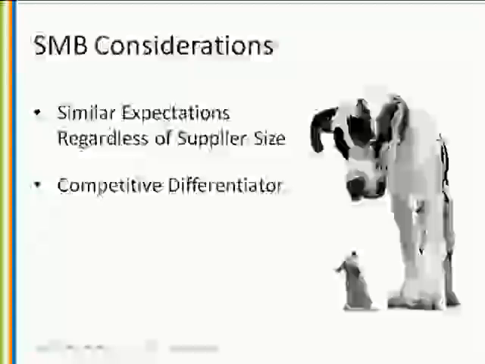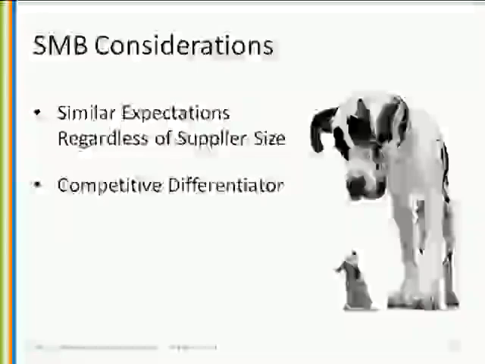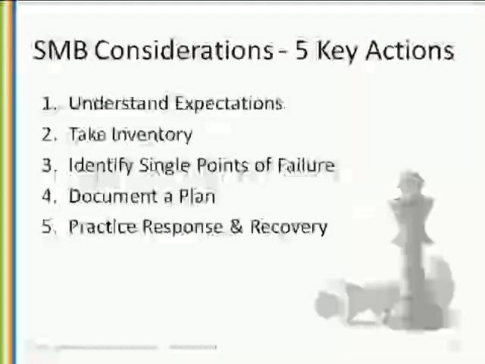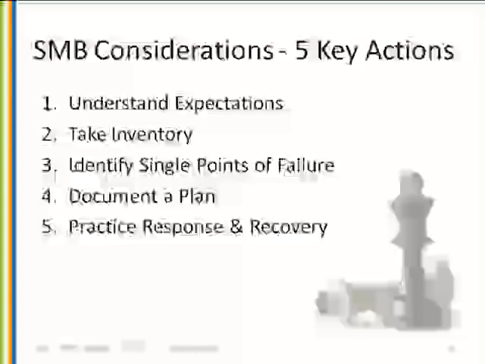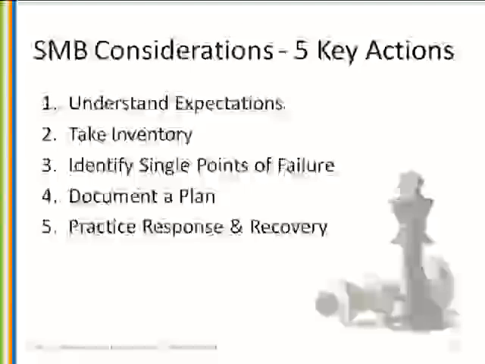And so if we're thinking about, I'll go to the next slide now, please, 5 key actions that a small business supplier should consider taking. The first I'd say is really understanding customer expectations, and as part of that, understanding the customer's flexibility to address periods of time when your products and services would be unavailable. Now most organizations, even if they're employing lean and just-in-time principles, can handle some period of downtime. But how much? And ultimately, how do you plan to address those expectations?